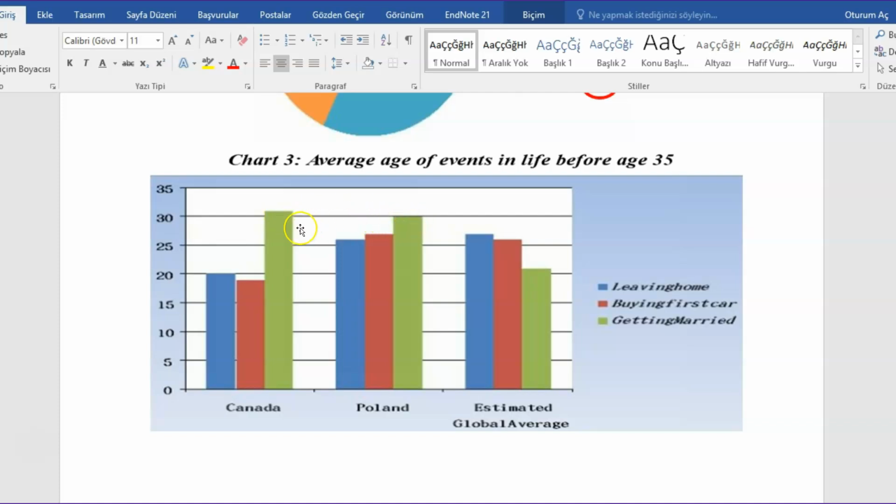We see that about getting married in Poland and Canada, there is similarity, but regarding leaving home and buying a first car, there are differences between them. But for Poland and the global average, we see some similarities between leaving home and buying a first car. Okay,